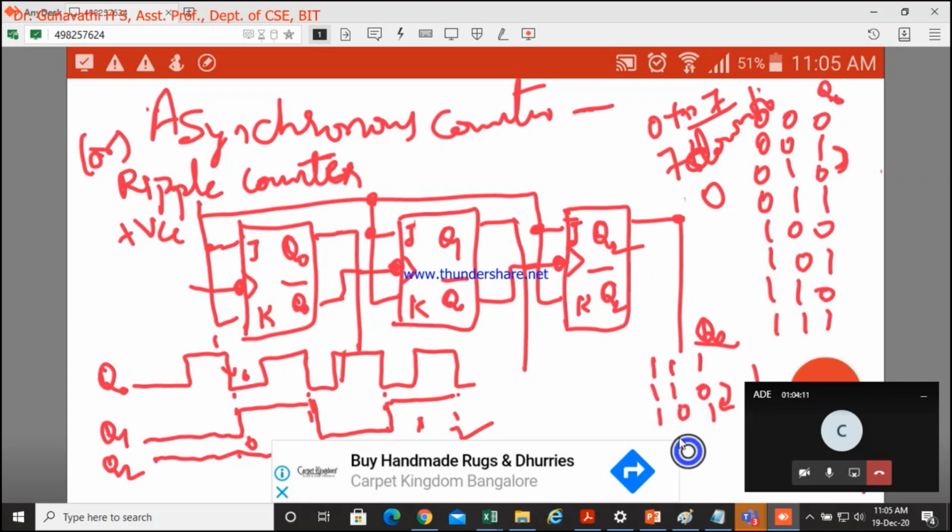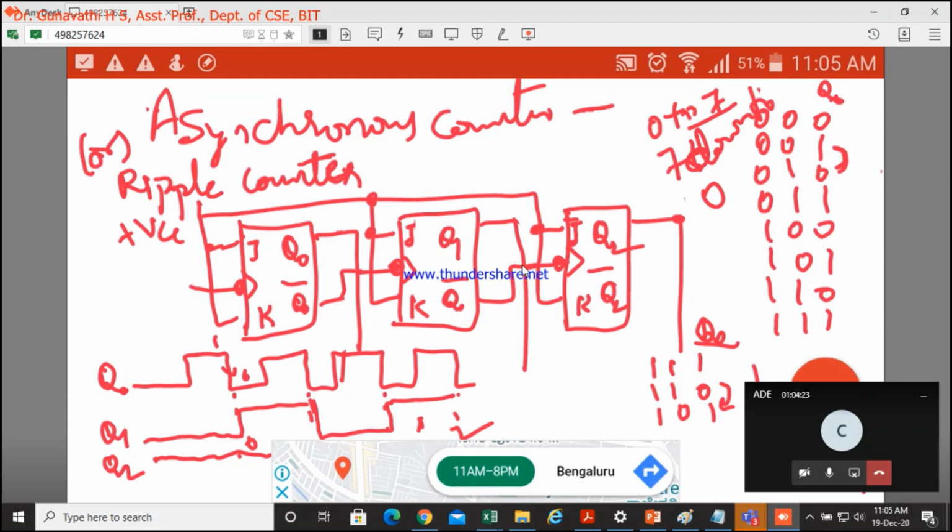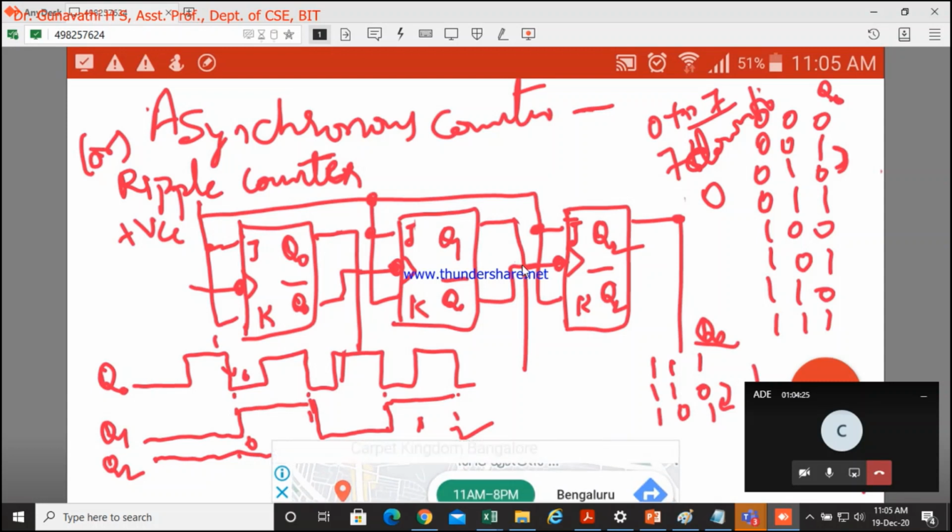Like that, when you find in this stage a 0 to 1 change, your output will change in this from 1 to 0 or 0 to 1, whatever it is. Is this clear? Down counter. I will not be repeating it again. Any doubts you can ask me now only.